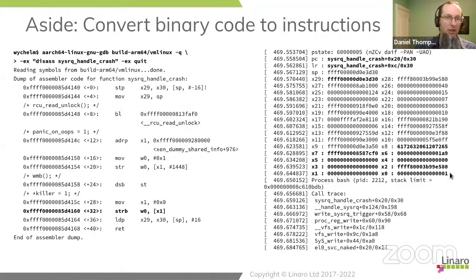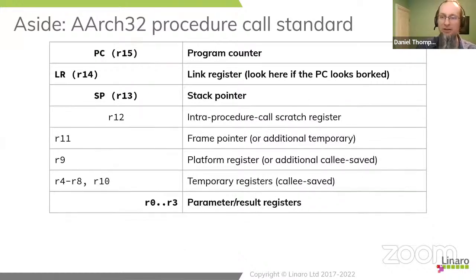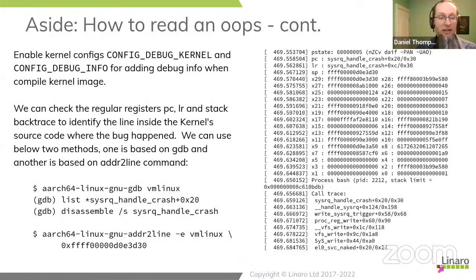We've got a preamble. There we go. You can see that that doesn't use X0. You can see that by the time we get down to here, X0, or W0, gets used for the first time. You don't need to know very much assembler to observe that registers are being used. And if they're not being used, that means that the registers still contain the arguments that were there when the function was called.